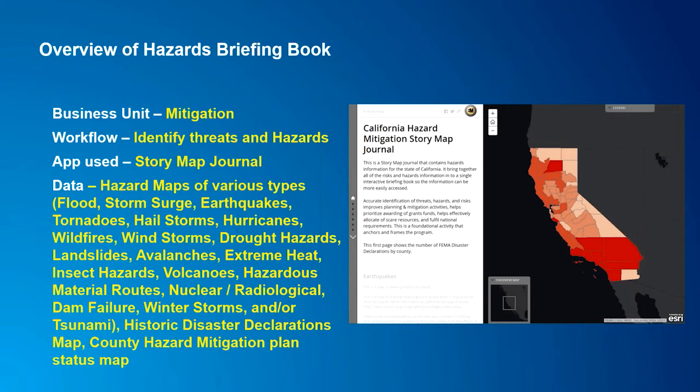So there's a lot of great information that's tied up in your hazard mitigation plans, maybe as paper maps or maps on the wall, and this is a great way to operationalize some of that information. Put it inside of a story map journal so we can always have quick access to common hazard maps of various types, whether that's earthquakes or hailstorms or the status of county hazard mitigation plans or the historic disaster declaration status like we're looking at here. So this is one example of just putting that information together and making it accessible throughout your organization for decision-making purposes.